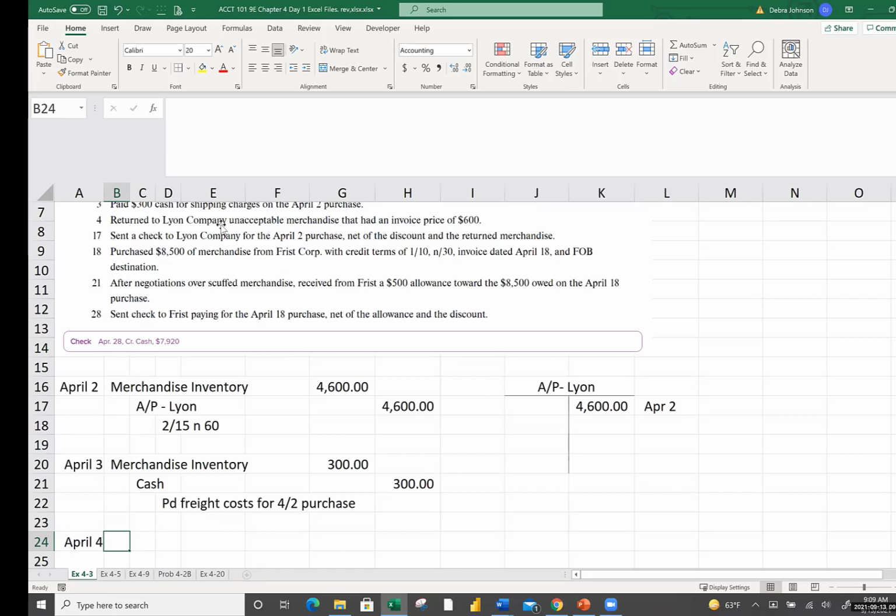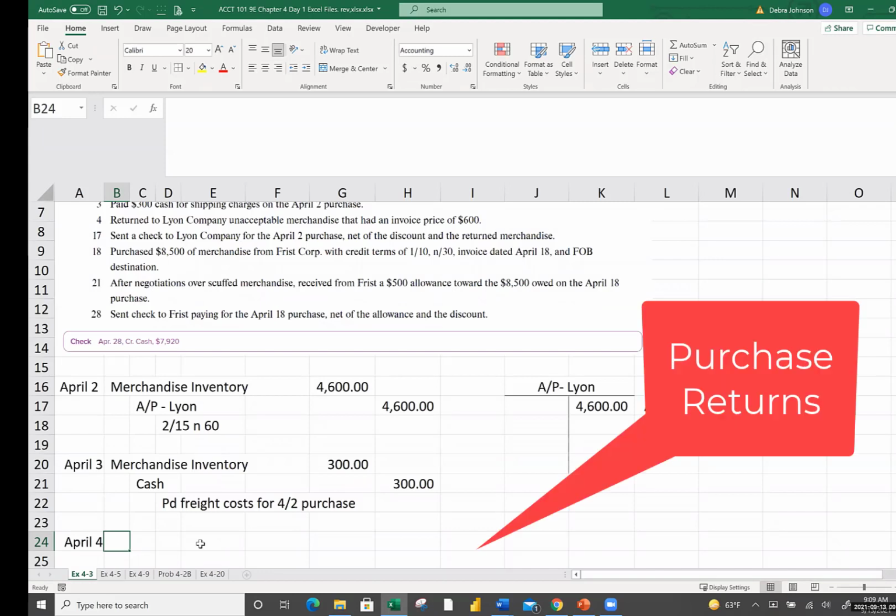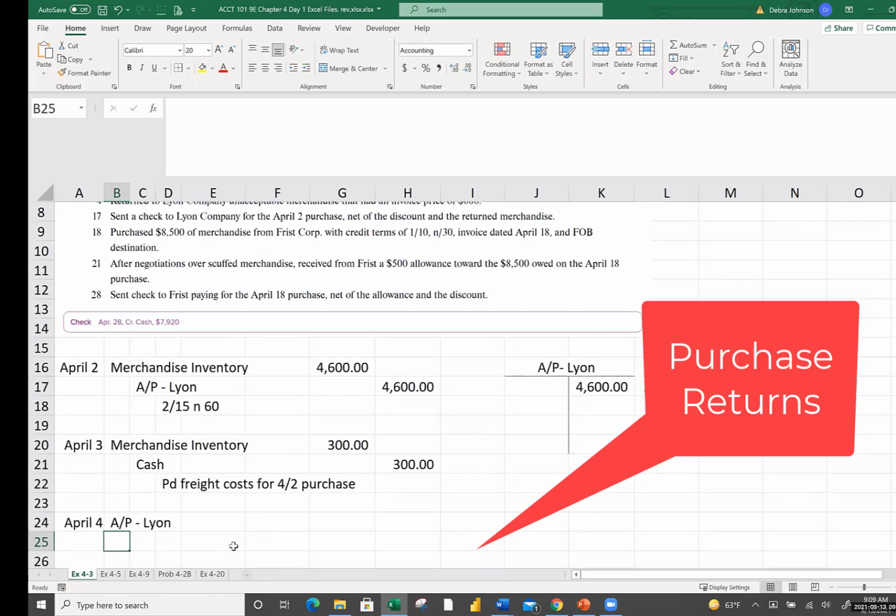Okay, we returned to Lion some unacceptable merchandise that had an invoice price of $600. If we're returning some stuff to him and we haven't yet paid for it, then our accounts payable is going to go down, because if we return something, we're not going to pay somebody for it. So that transaction is going to be a debit to accounts payable for Lion because our debt is going down, and our inventory went down